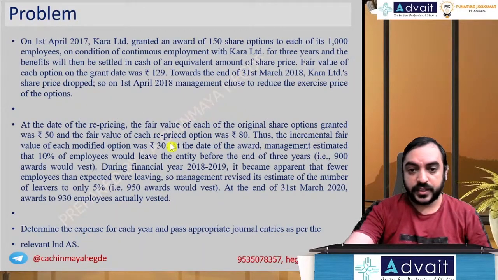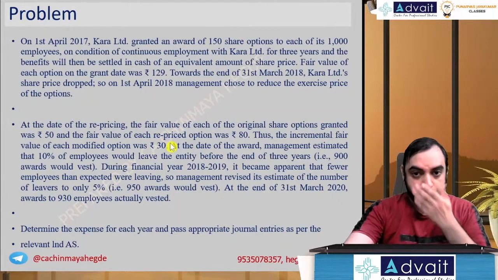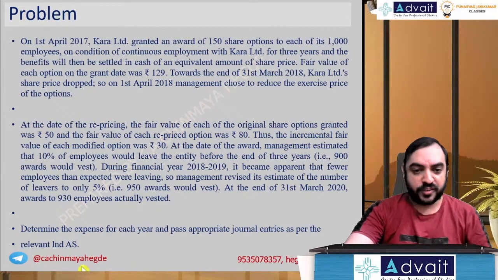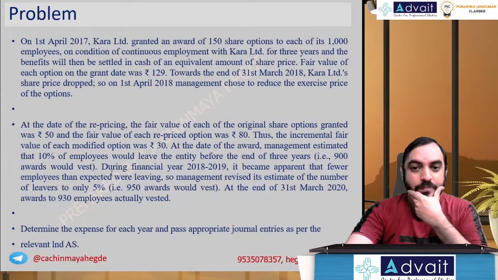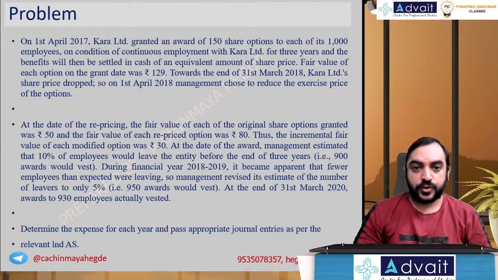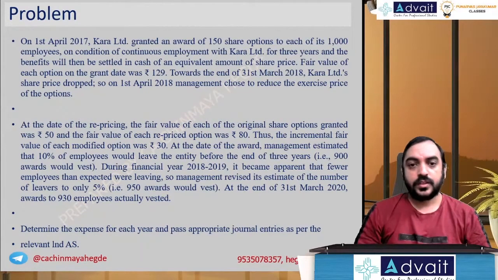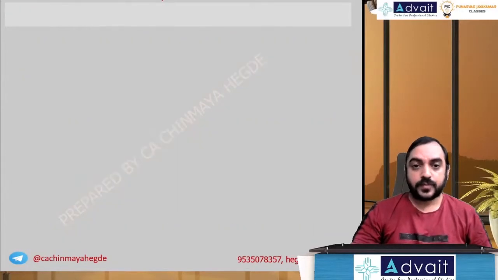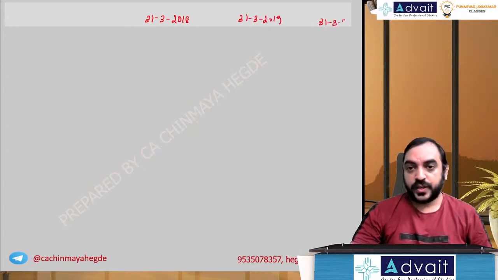So let me explain that one. Or you can follow the regular format also. Both ways, fine. I'll show you the calculation. Let's see if you're able to understand. So what we follow, 3 years are there, starting from 18, 19, 20. So 31st March 2018, 31st March 2019, and 31st March 2020.